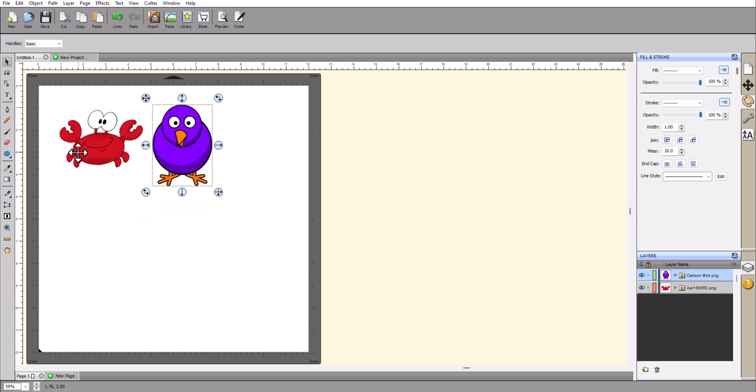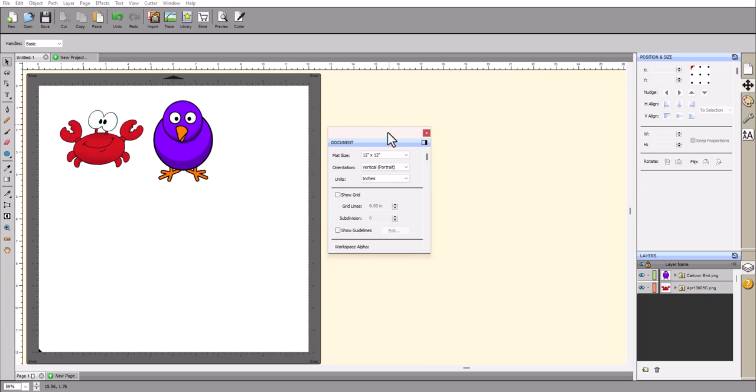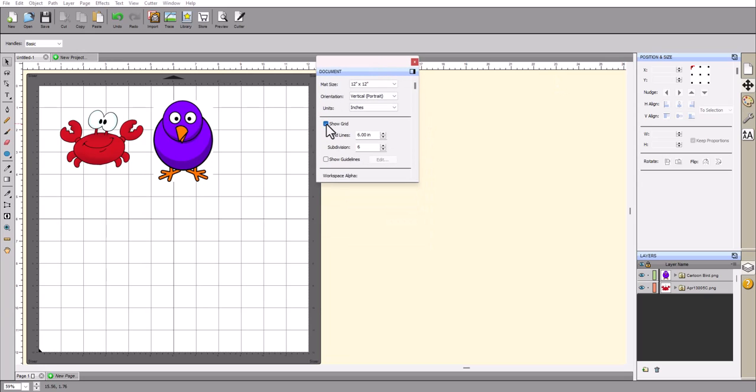Now, it's not always obvious. Do they both have transparent backgrounds? Do they both have white backgrounds? I'm not sure. Well, one way you can check is on the document panel, you can turn on Show Grid. And then I can see right here that I can't see the grid around this bird, which